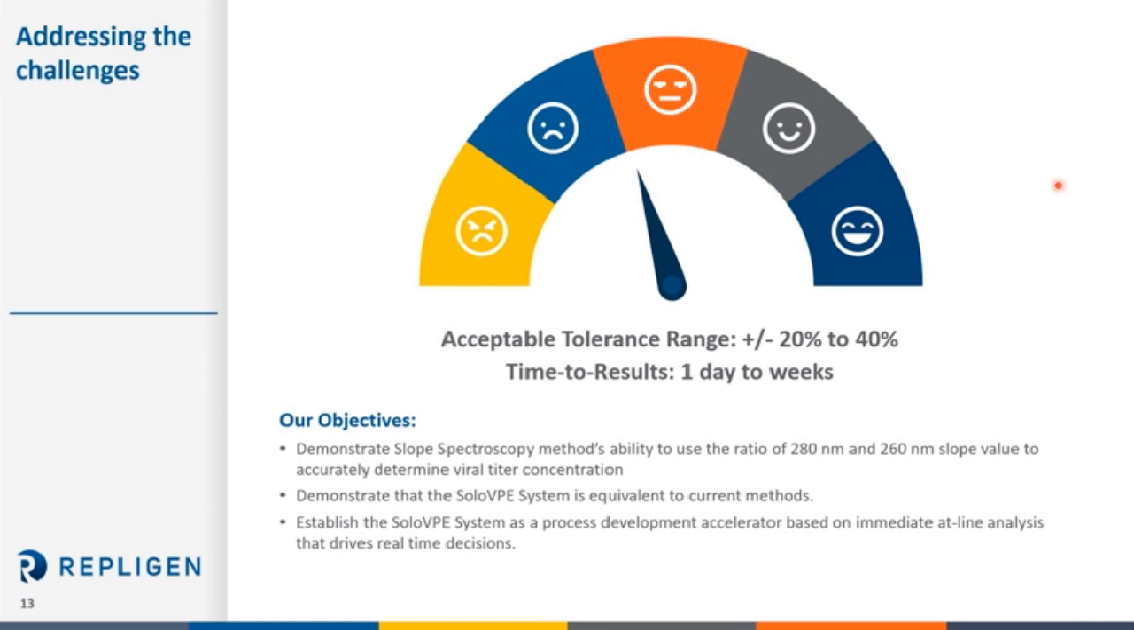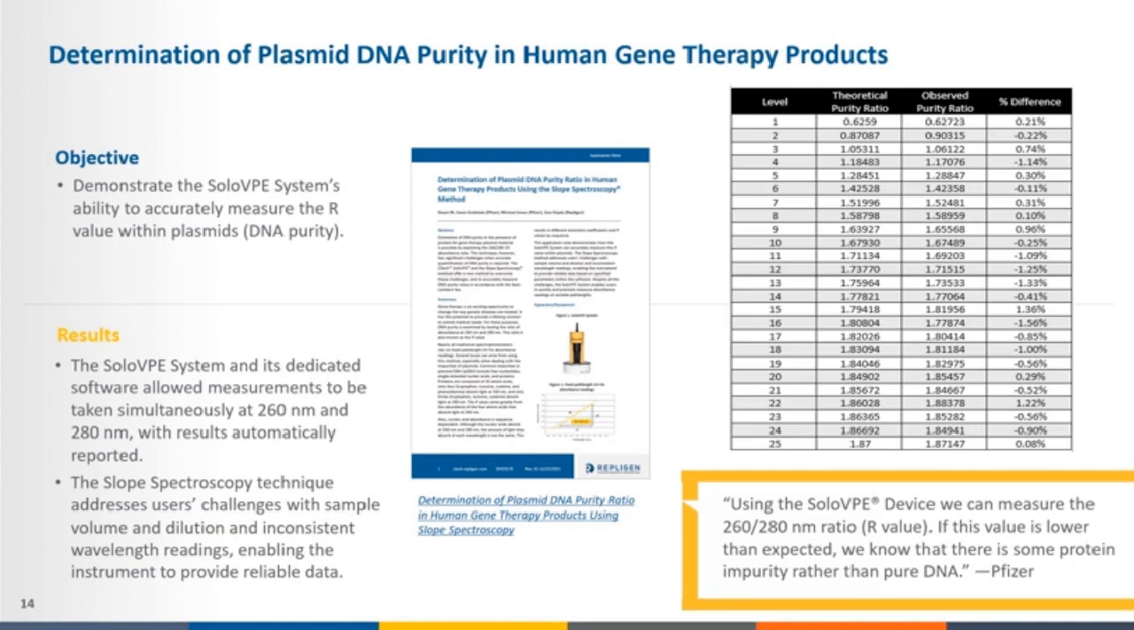So the data that you will see in the coming slides demonstrate how the SoloVPE system is equivalent and also give you some insight to just how well the technology performed versus customer provided samples and NIST traceable standards. This first case study was a collaboration with Pfizer for determination of plasmid DNA purity in human gene therapy products. What we've done is we've taken 25 different levels of insulin and compared the theoretical purity ratio versus